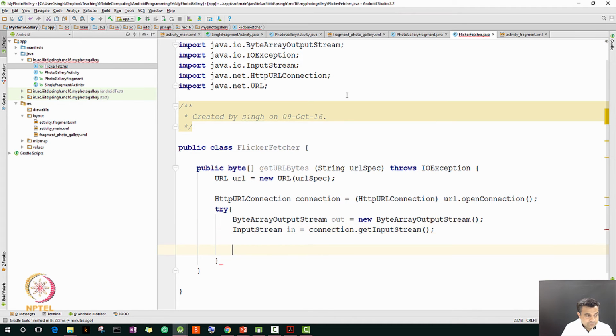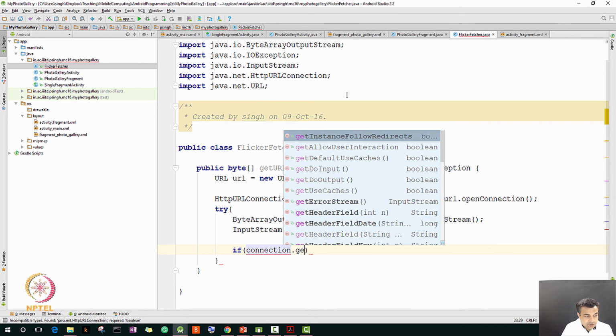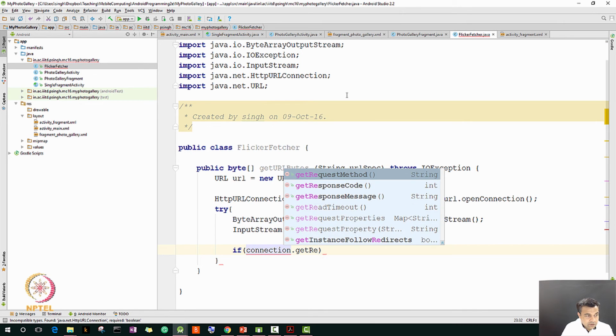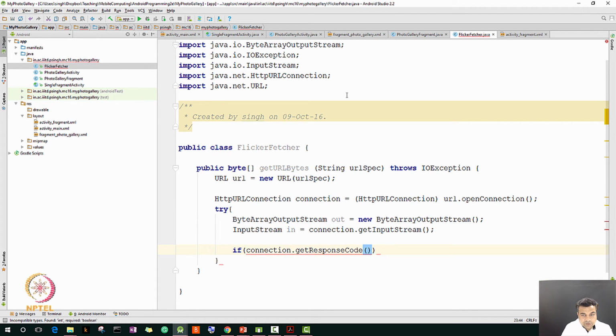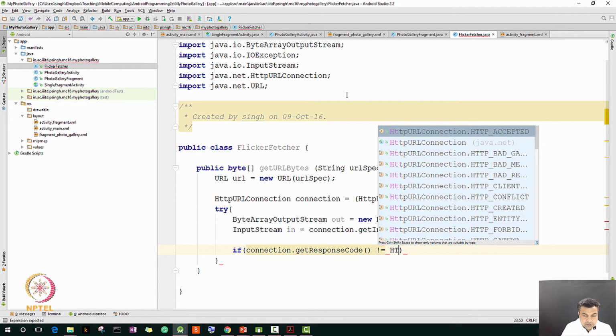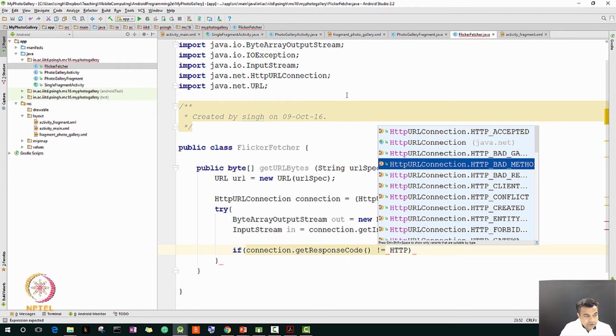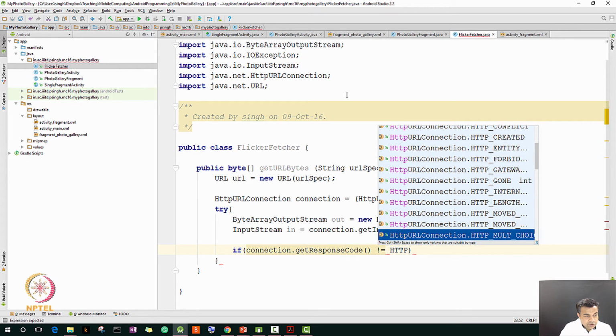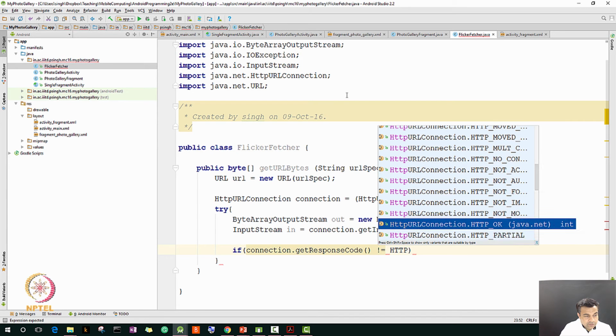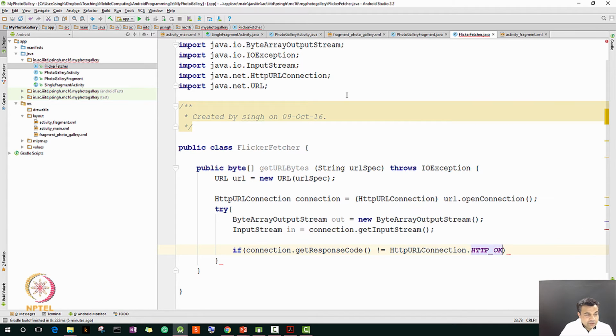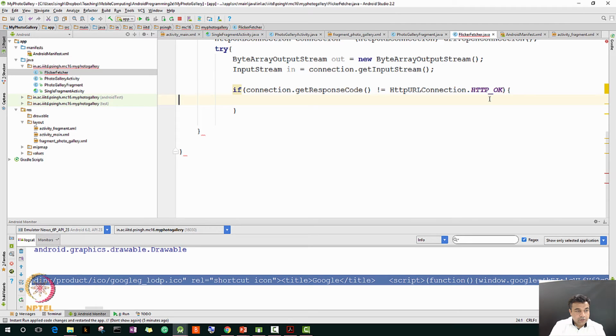Put a stream if connection dot get response code is not equal to HTTP URL connection dot HTTP OK. So we are now checking for the OK code that we should receive, and in that case